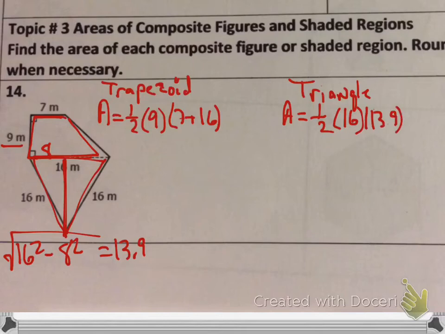Okay, so you find those two areas, and then you would add those up. So let's find those two areas first. So for the trapezoid, I get an area of 103.5, and for the triangle, I'm getting an area of 111.2. Add those up, and my total area